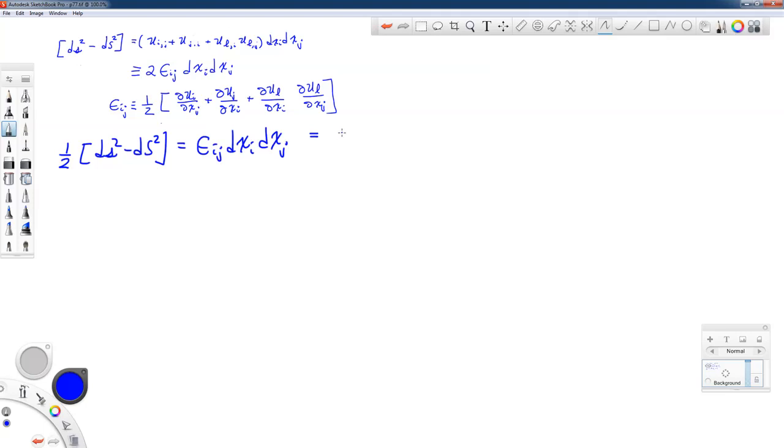Both i and j repeat. Now i goes from 1 to 3, j goes from 1 to 3, so we end up having 9 terms. Let's write them all out. We've done this a couple times already. But we'll start with 1 and 1, and then we'll leave the first one as 1, and then we'll make the second one 2, and 3, and so forth. Now these are all added together. What we end up with